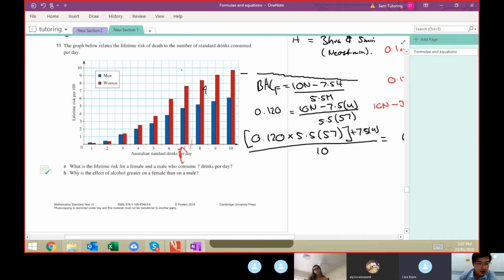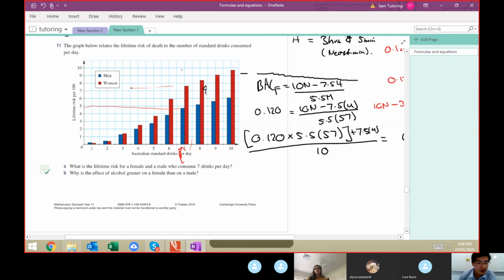This column graph here. The blue looks like it's for men and the red looks like it's for females. What is the lifetime risk for female and male who consume 7 drinks per day? Well, if you look across using skills, it's just graph interpretation. Actually, that's very, very bad. It's like 4 point something for